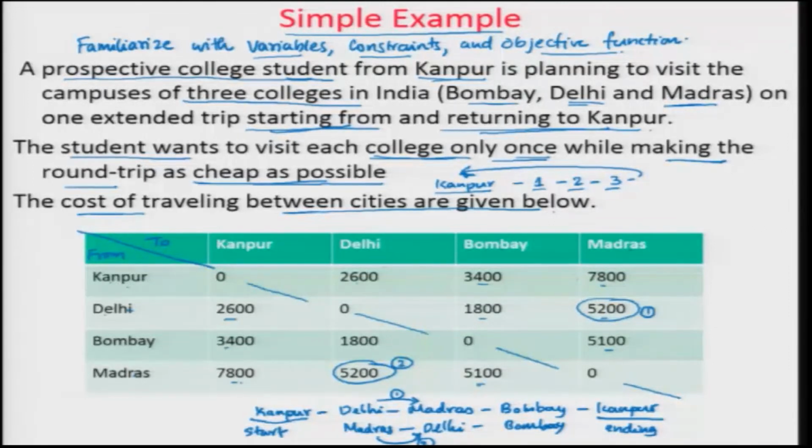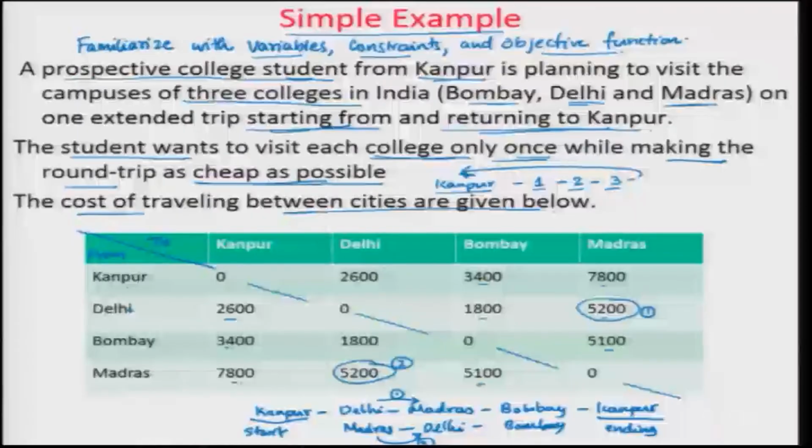In this case, these costs are exactly the same, but there could be scenarios where the cost could be different, so that traveling from one city to another can be much cheaper in one direction or the other. But since none of you have exposure to the optimization aspects of the problem, it is better that we start with such a simple problem to begin with, and then proceed step by step through the 3 aspects: the variables, the constraints, and the objective function of the optimization model.